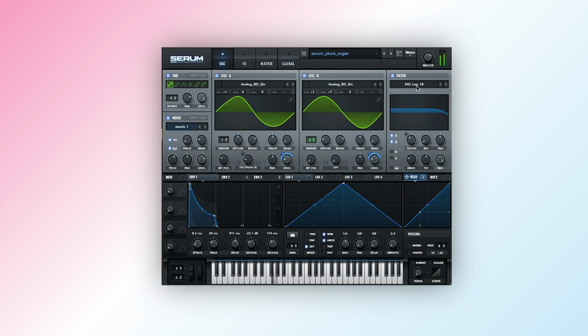Open the filter section and click on the filter display area. This activates a real-time spectrum analyzer, showing you where harmonics are present and how filter adjustments affect the frequency spectrum. Click again to toggle to a phase view, revealing phase changes across frequencies, and a third click returns you to